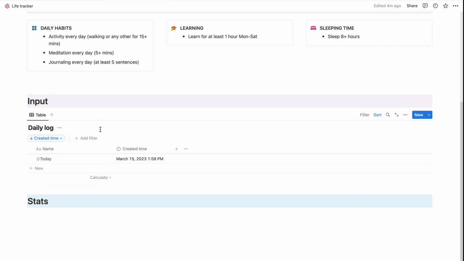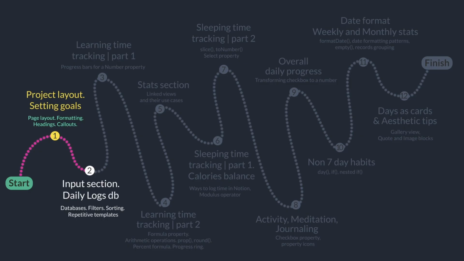Okay, we're done with this lesson, and the project has got its most essential part, that is the database for daily logs. And in the next lesson we will finally add our first progress bar to the project,